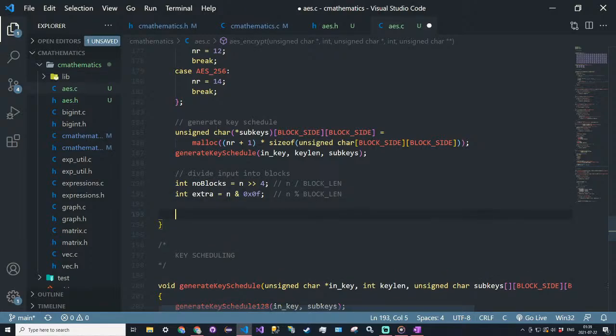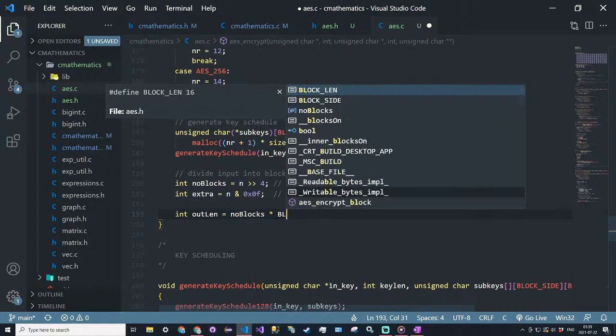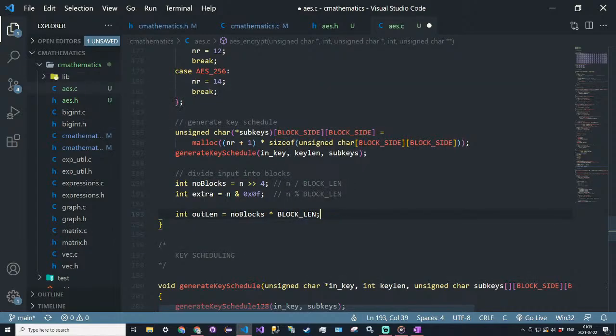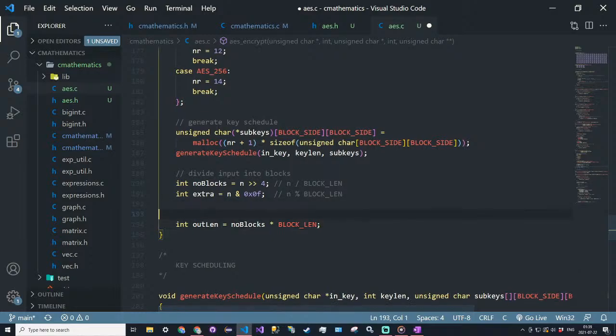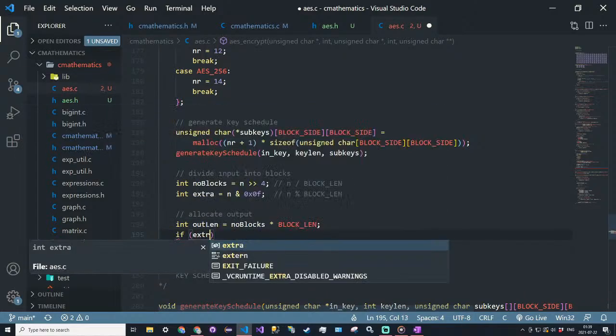And then we're going to say the integer out length is going to be equal to number of blocks times the block length. Now we're going to actually allocate the output. So allocate output. So we got the output length. Then we want to consider if there's any extra. So if extra,